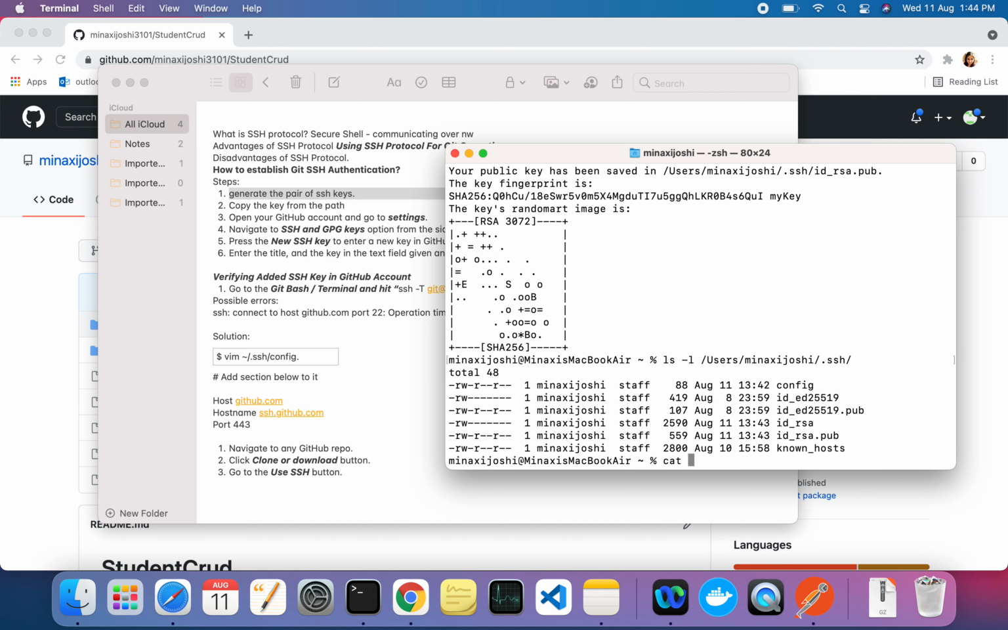Do just cat and this location and id_rsa.pub, the public key. So here the key has been generated. Simply copy this key, and go to your GitHub account, go to the settings section,